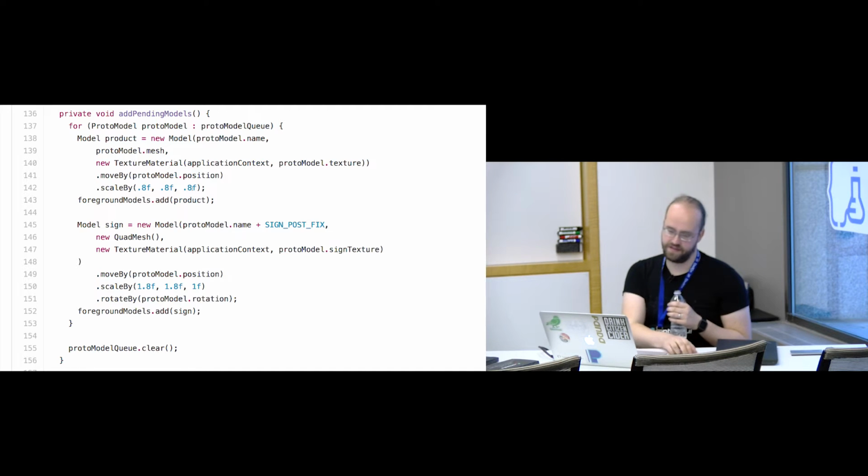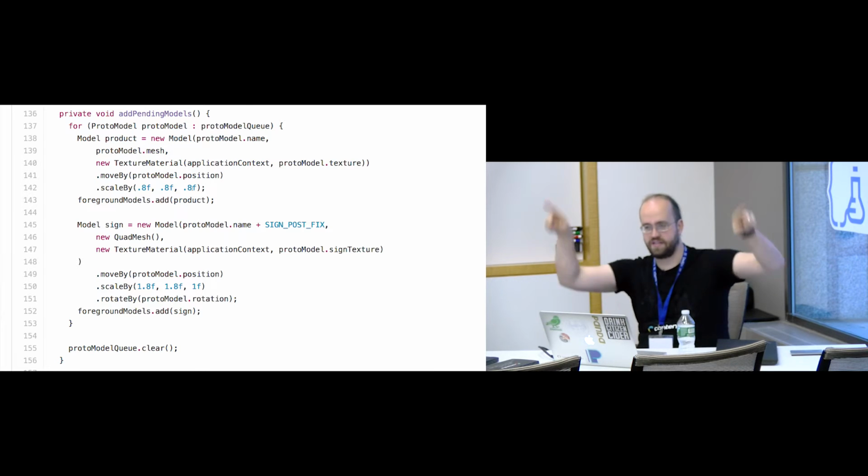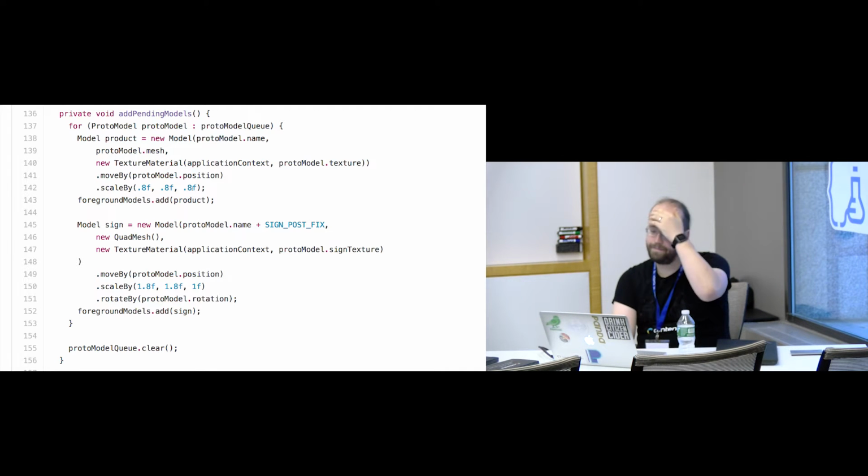So this is the foreground model, right? So this is directly the thing coming from, let's say, the back end. And additionally to this product, I also wanted to add a description. And this description is essentially just a rectangular area,